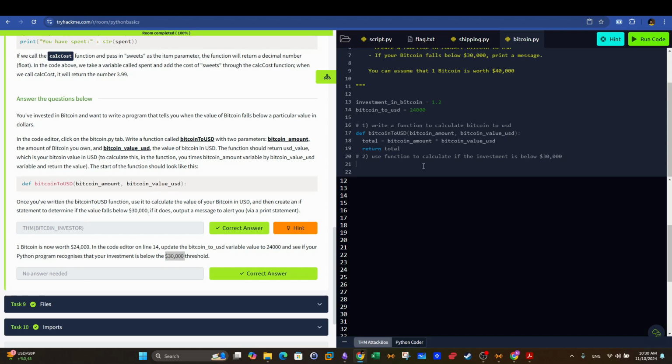So here we're going to say flag equal to Bitcoin, or we're going to call the function, and pass on the values. So when we call a function, we have to pass the values of the arguments. Remember that the function takes two arguments, Bitcoin amount and the Bitcoin value in USD. So to call the function, we have to pass these two values. The Bitcoin amount is 1.2. So we pass 1.2, and then we pass the Bitcoin value in USD, which here happens to be 24,000. So we pass this,